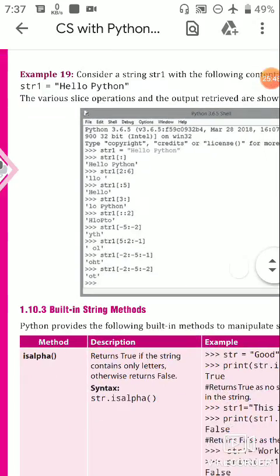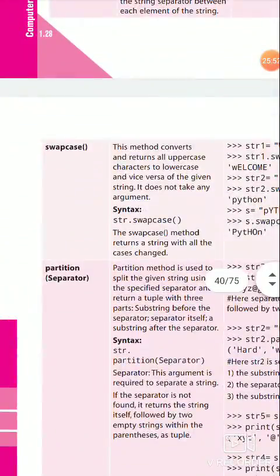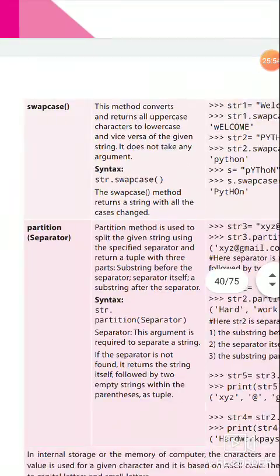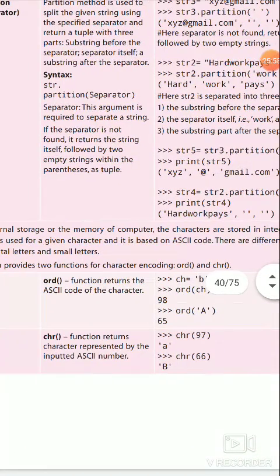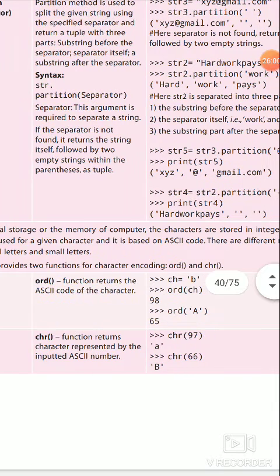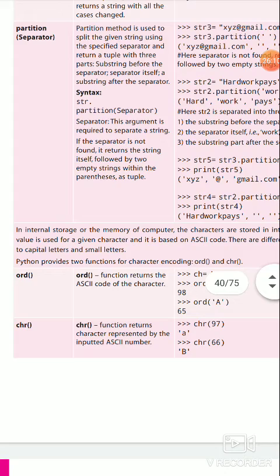The ord function returns the ASCII code of the character given within the ord method. And the chr function returns the character represented by the inputted ASCII number. So that is all about strings.